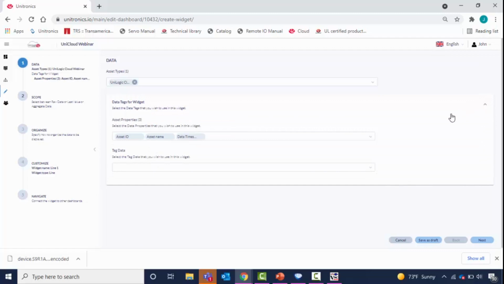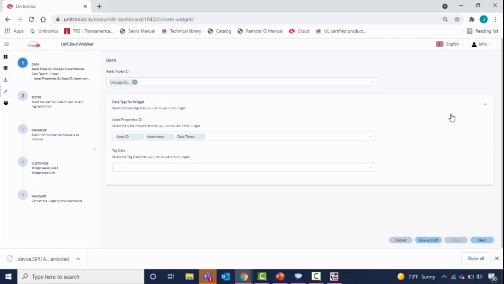When you drop a line graph, there are a number of cloud level properties that are automatically assigned for you. That is the asset ID, the asset name, and the date and timestamp. What this does is set up the aesthetic properties of what the trend is going to look like when it comes down to the key. If you had multiple devices shown on one trend, all of this information is going to help distinguish what device